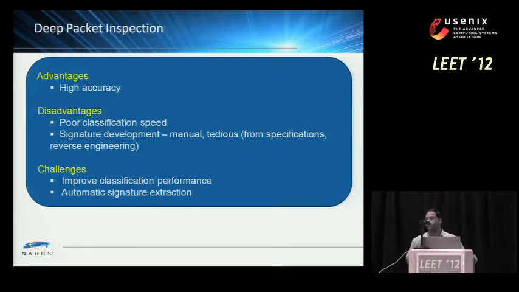What we have right now in the commercial world is that most of the DPI-based systems rely on manual generation of signatures. This worked well a few years ago, where the tedious process of understanding specifications or reverse engineering the protocols from application binaries or network traces could work. But in recent years, the way we use networks has changed tremendously. What this means is that the manual process of extracting signatures is no longer scalable.